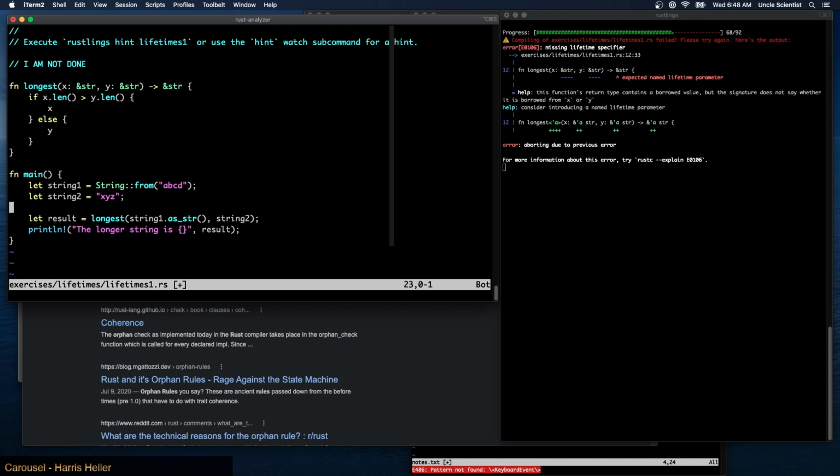So, I think we're just looking to make sure that the lifetime of the input parameter is the same as the lifetime of the output parameter. And that's what they're suggesting here, is just come up with a specific lifetime that can be both X and Y. So both X and Y have the same lifetime, and now we know what lifetime to return because there is only one lifetime to deal with. Otherwise, X and Y could have different lifetimes, so we don't know what the lifetime of the return value is. But if we force them all to be the same lifetime,